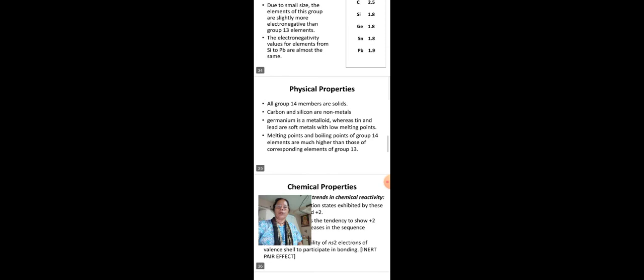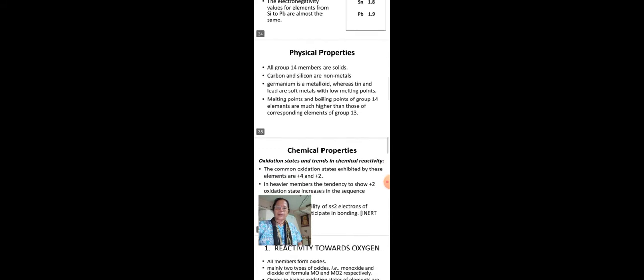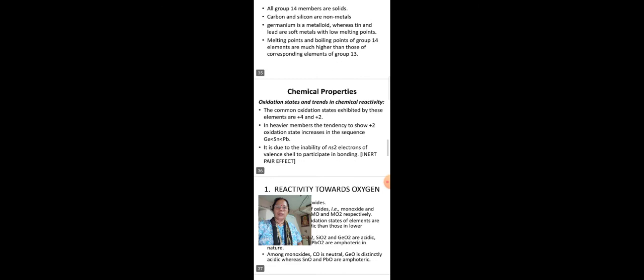Physical properties. All group 14 members are solid. Carbon and silicon are non-metals. Germanium is a metalloid, whereas tin and lead are soft metals with low melting points. Melting points and boiling points of group 14 elements are much higher than those of the corresponding elements of group 13. Chemical properties. The oxidation state, given the ns2 np2 general electronic configuration,